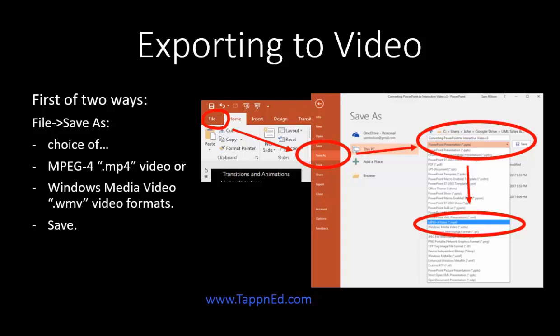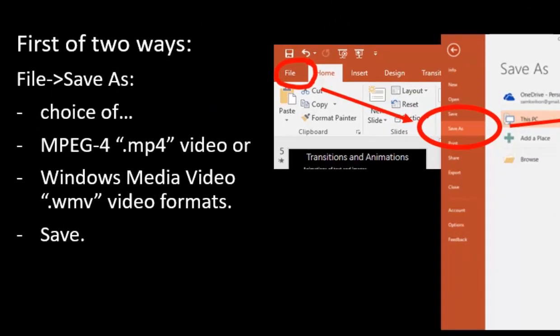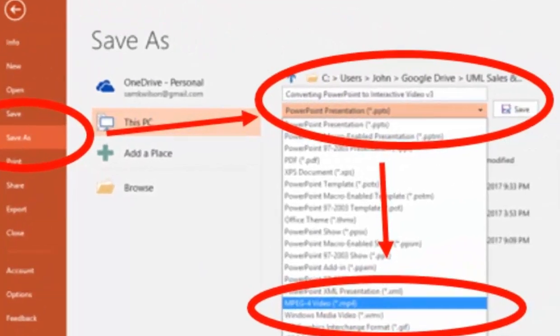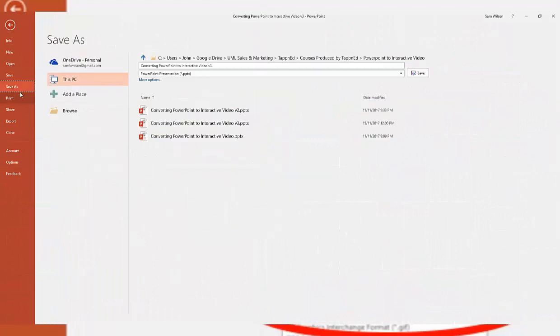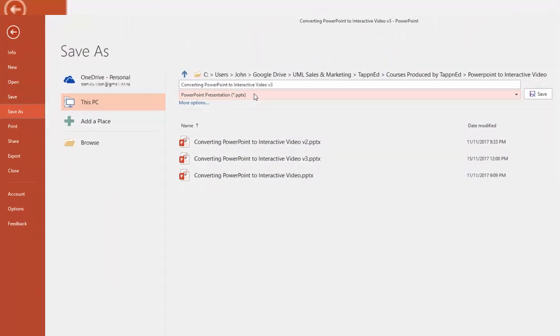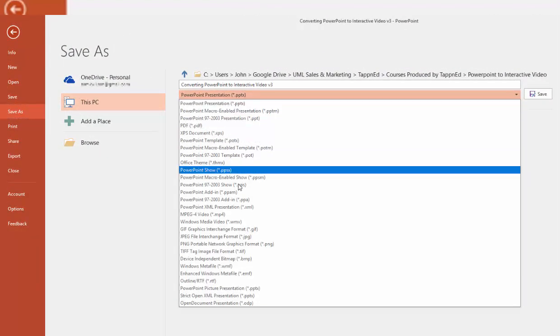Now I'm just going to assume you have your slides already set up with timings and narration already done. The first of two ways is just to go to File, Save As, and then you get a choice of either MPEG-4 or Windows Media Video. Then just click Save. Now the save or the export process can sometimes take a while, as the default resolution